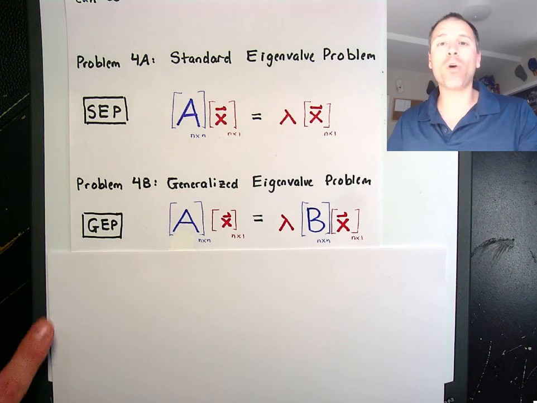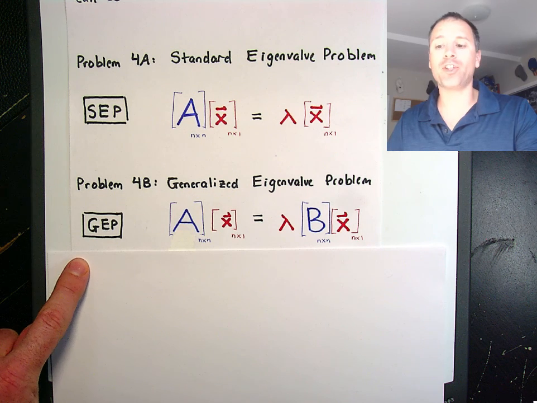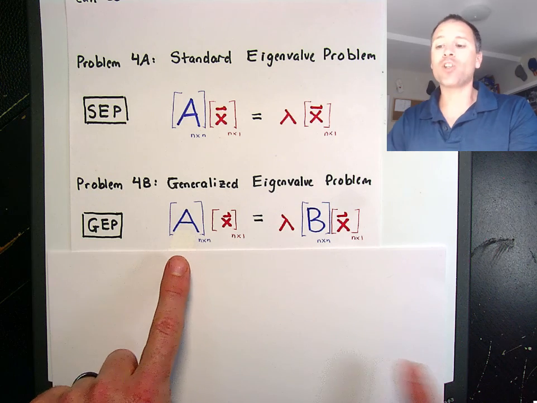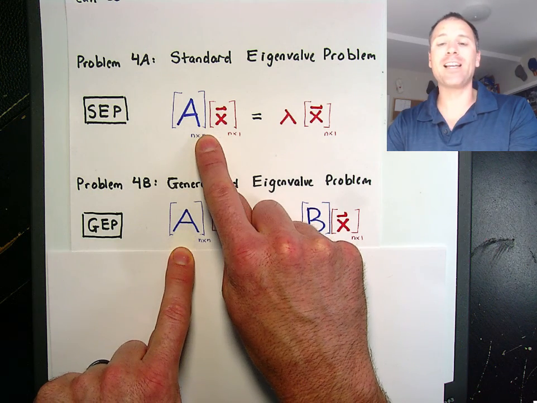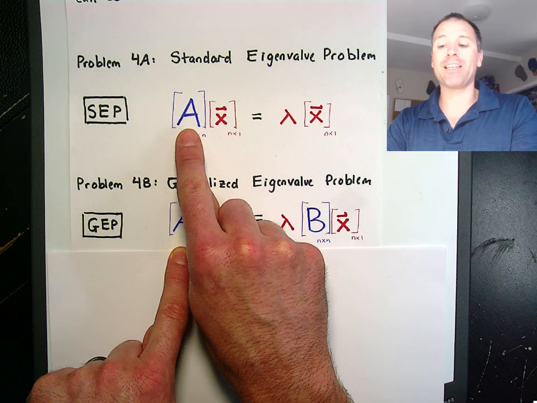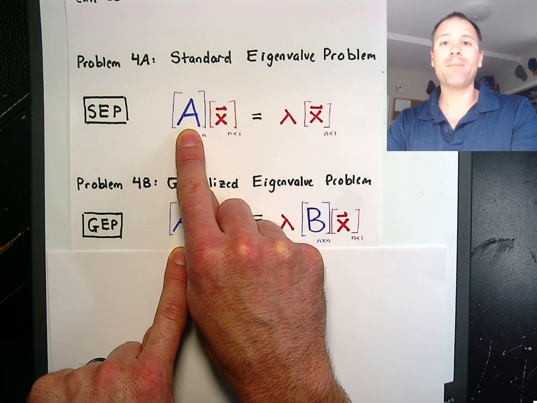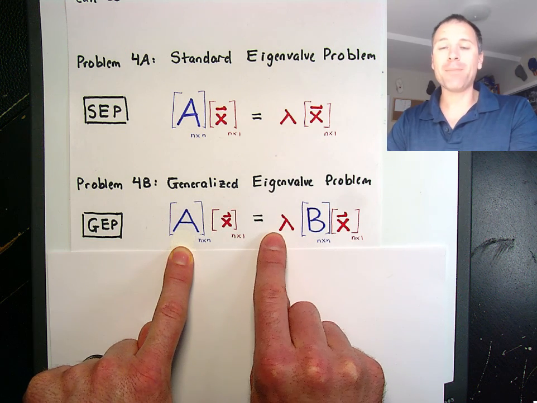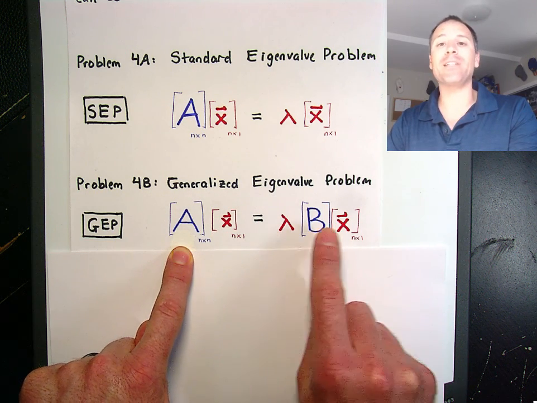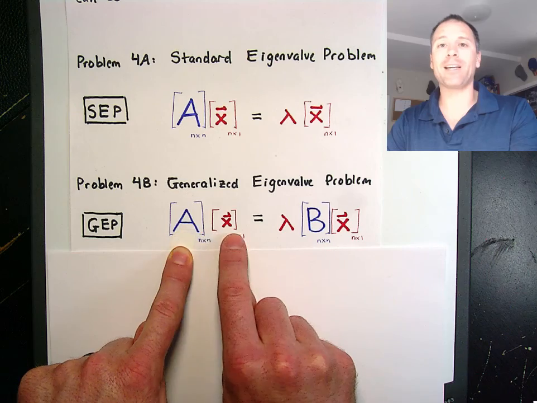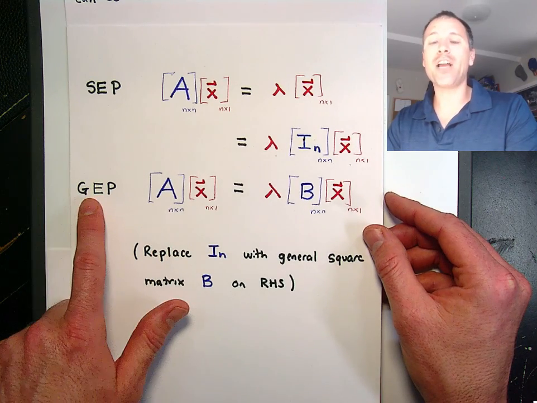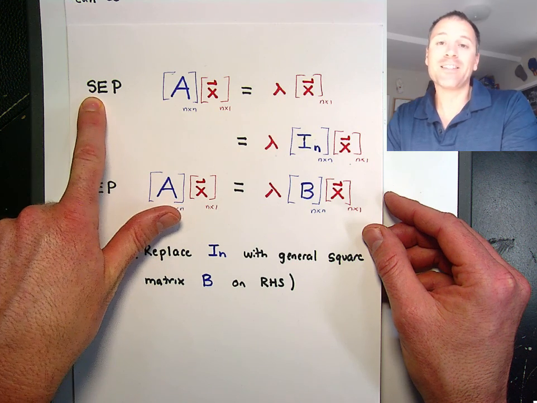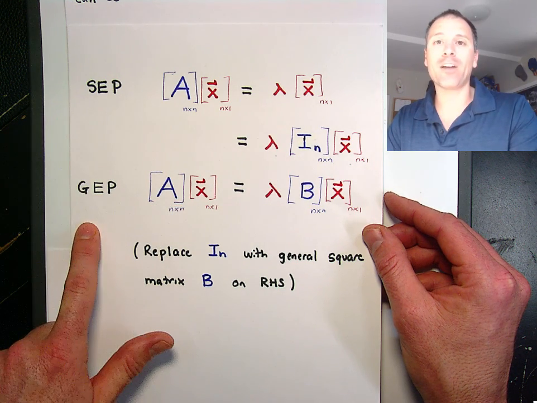A second and more advanced eigenvalue problem that shows up is something called the generalized eigenvalue problem. It starts with the same left-hand side as the standard eigenvalue problem. We have a given modeling matrix A. I'm looking for a vector x such that lambda times B times x is equal to A times x. The reason that we call this the general eigenvalue problem and this the standard eigenvalue problem is, one, this is the standard from which all other eigenvalue problems arise.